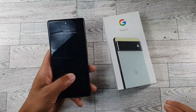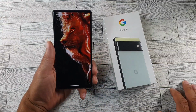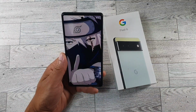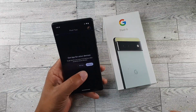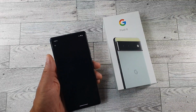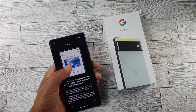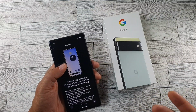So this is the Google Pixel 6, and let's go ahead. I just reset it so we could take a look at the new Android update. And here are some of the helpful options that it's going to offer. Obviously, you get wireless charging on this. You also do get waterproofing on this. There are a ton of new features, like obviously circle to search,